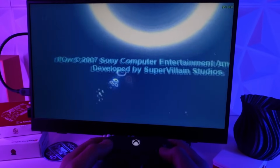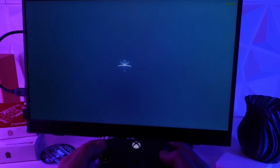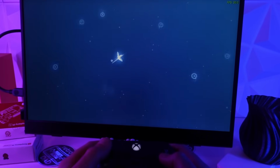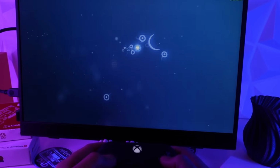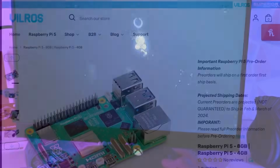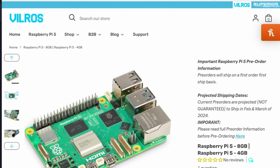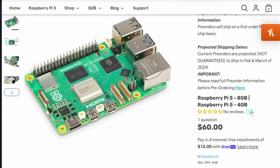I do think the 4GB model will serve most needs, and at $60 it's not a bad piece of kit given what we get here. A lot has happened in the SBC world since the Pi 4, and we have many great low-cost options for computing. Not only that, but availability still plagues the Pi team, and like the 4, the Pi is sold out everywhere with pre-orders for an upcoming shipment, and I guess time will tell if the Pi team can keep up